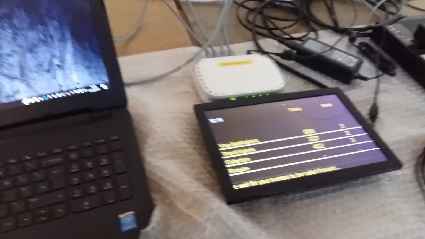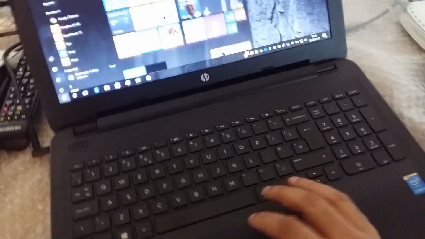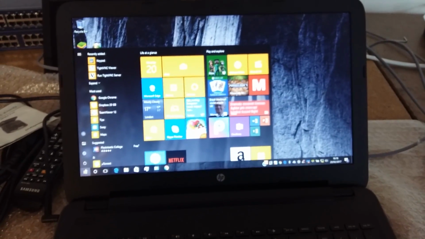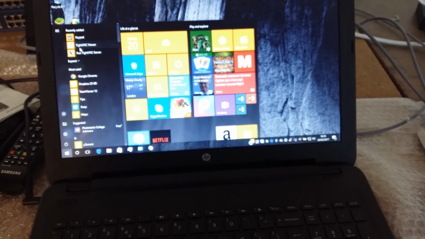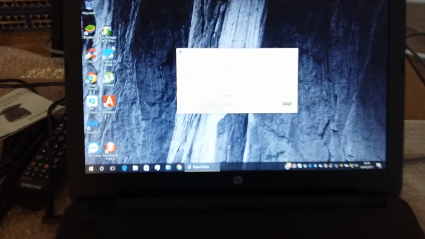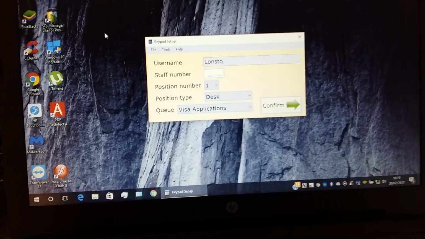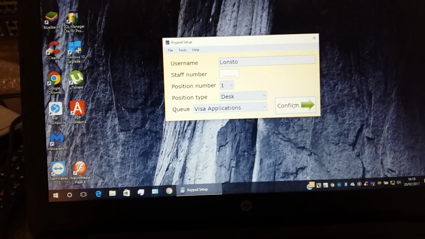Now there are other measures that we can take to test the connections between the system. These all have individual numbers, which are the address of that particular device. So the first test we can do is simply to ask, can we connect our PCs to the database machine? If we find our keypad application and connect, it'll come up straight away if it's connected. If it's not, it'll come up with an error message, and I'll show you in a minute how that looks. Once we're connected and we hit confirm,